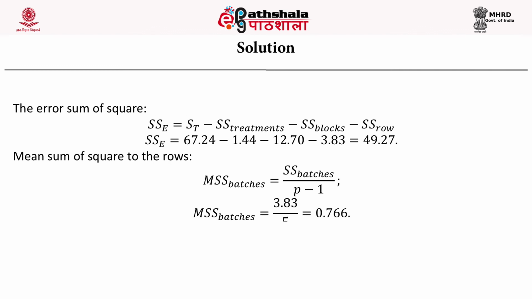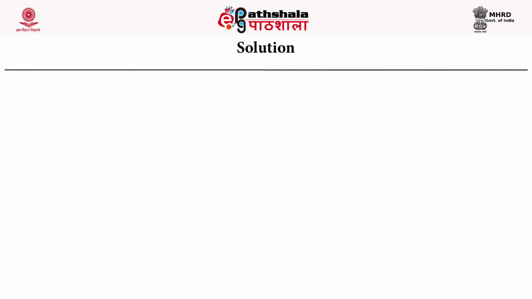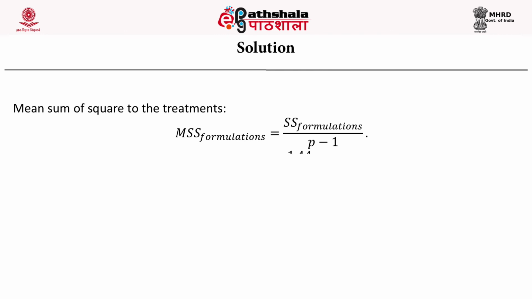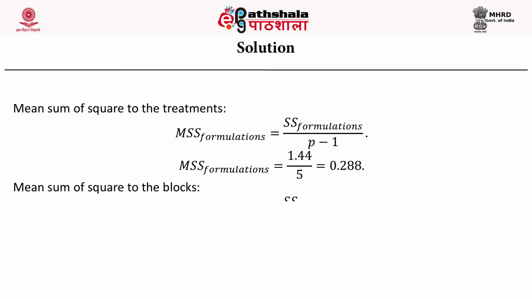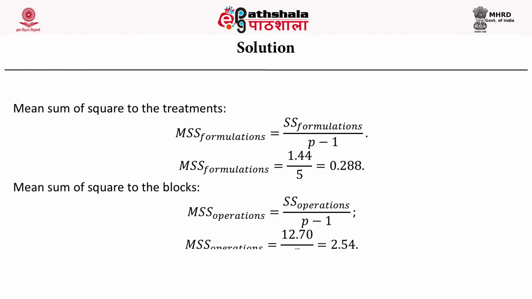So we get the sum of squares of error equal to 49.27. The mean sum of squares of rows is equal to the sum of squares of batches divided by p minus 1, which comes out to be 0.766. The mean sum of squares of treatment can be derived by the formula sum of squares of formulation divided by p minus 1, which comes out to be 0.288. The mean sum of squares of block is derived using the formula sum of squares of operators divided by p minus 1, so